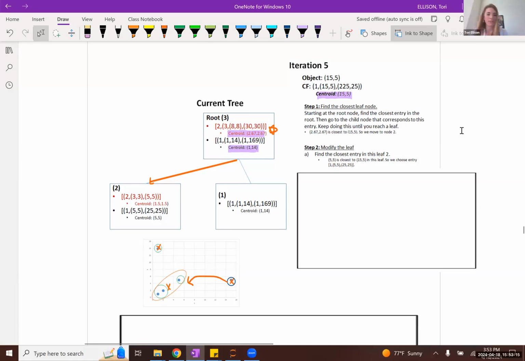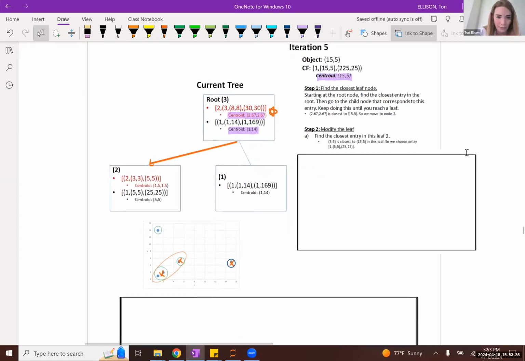Okay, and then the next step. Once we found the closest leaf, we look for the closest subcluster in that leaf node. In other words, we would find the centroid represented in the leaf node that is closest to the incoming subcluster's centroid.